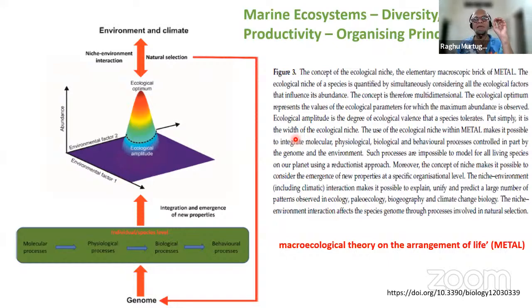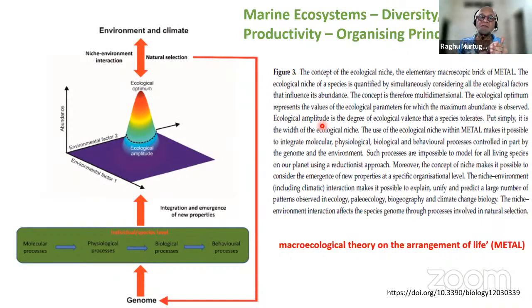You also want to pay close attention to smaller scales. Let's say marine ecosystems. This is a model called macroecological theory on the arrangement of life. They have various ways of defining ecological niches. The rule we always say is that nature makes the rules, biology finds the loopholes, right? So are the ecosystems in some way organizing themselves to maximize, let's say, the health of the ecosystem, which is often defined as complexity or biodiversity, resilience, how they respond to perturbations, including global warming, acidification, deoxygenation, etc., and